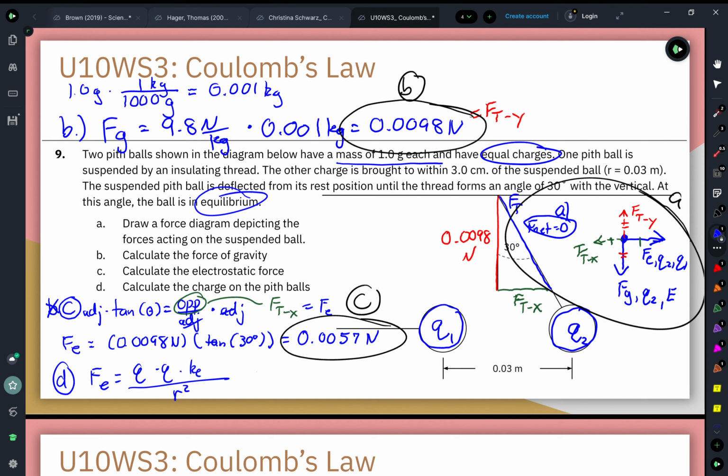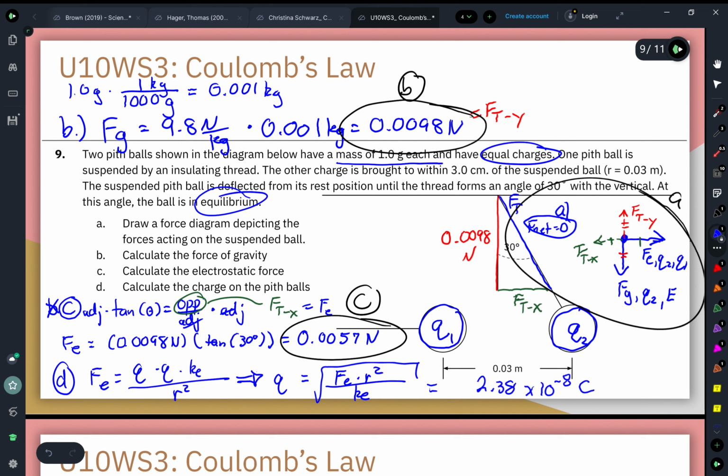So if they're equal charges, I can just designate them as Q. I can rearrange this so that Q squared is equal to Fe times R squared, all of that over Coulomb's constant. And then to get the charge by itself, I just take the square roots of both sides. And when I do that, I just plug in the values, and the charge I get is 2.38 times 10 to the negative 8th power